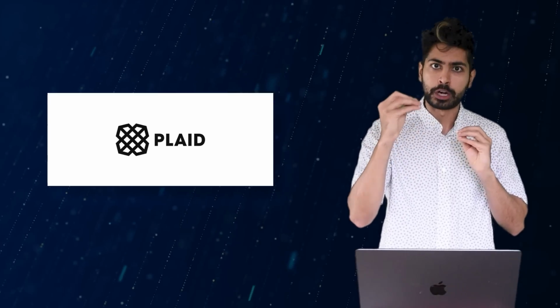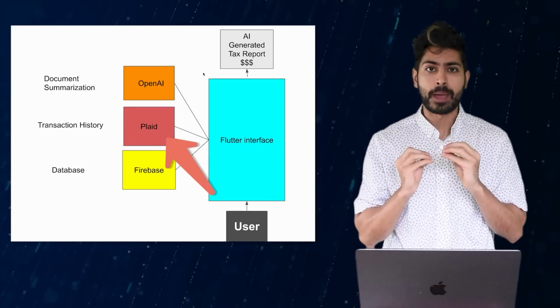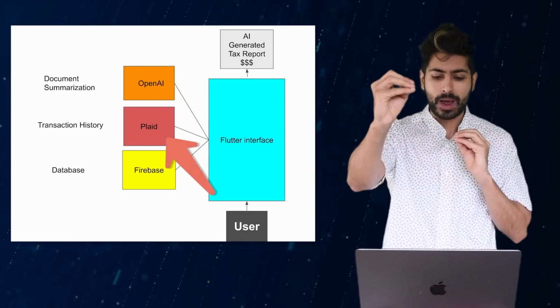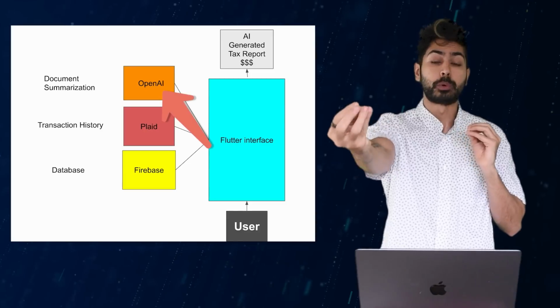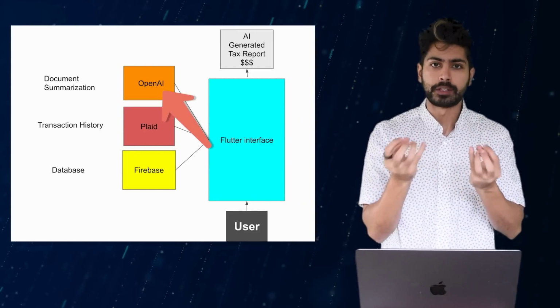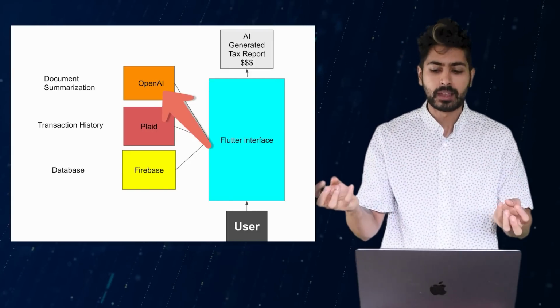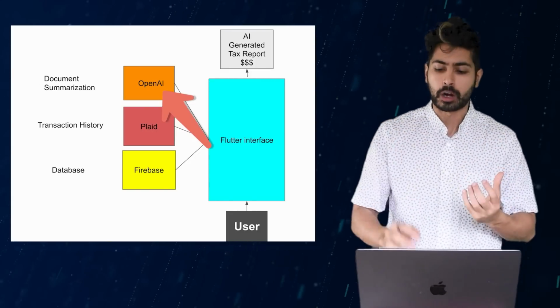And they're that third-party authorization escrow-like service, that trusted third party for us. Once we have that transaction history, then we're going to use that as a parameter as we post that request to the OpenAI API, and it's going to return back to us all the strings of what the categories of those transactions are, and then we can cross-check those against a tax-deductible database, and then from those generate a report